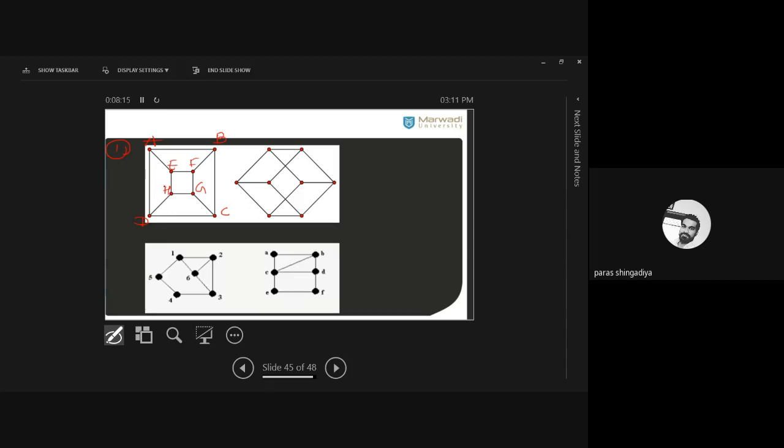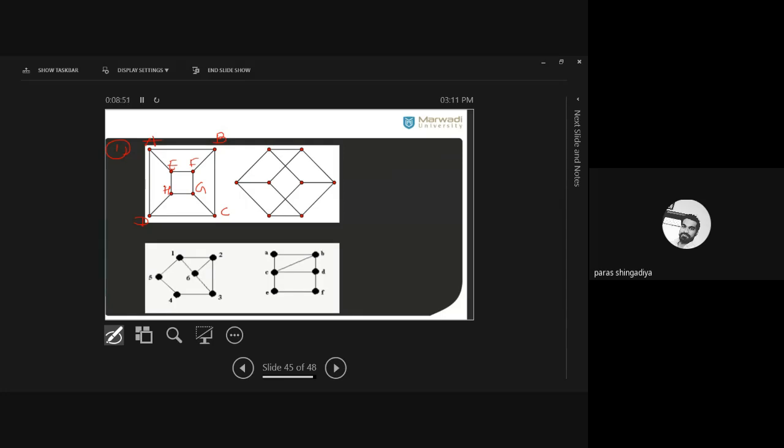So now apply case 2 to case 1 to find such a vertex in the second graph whose degree is 3, and this vertex should also be adjacent with 3 more vertices whose degree should also be 3. Is it clear? Find one vertex which will be the image of A in the second graph, and also check that it is adjacent with 3 more vertices whose degree is also 3. So we have 8 possibilities there.